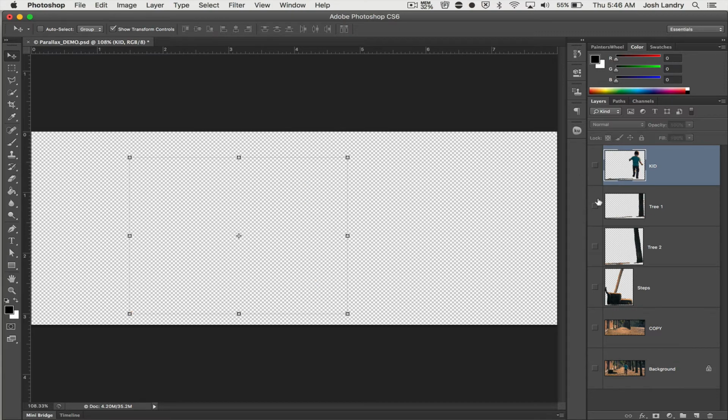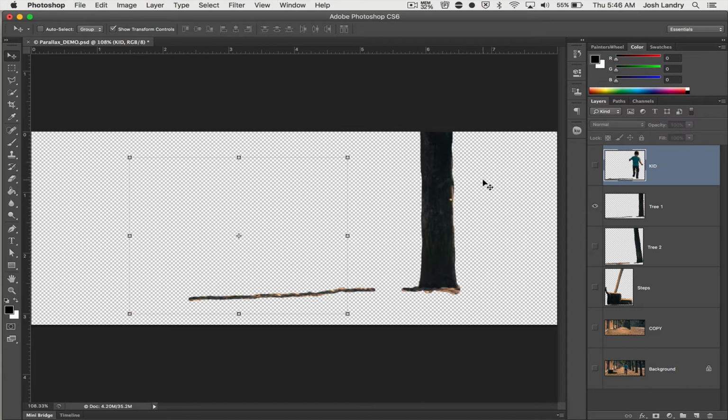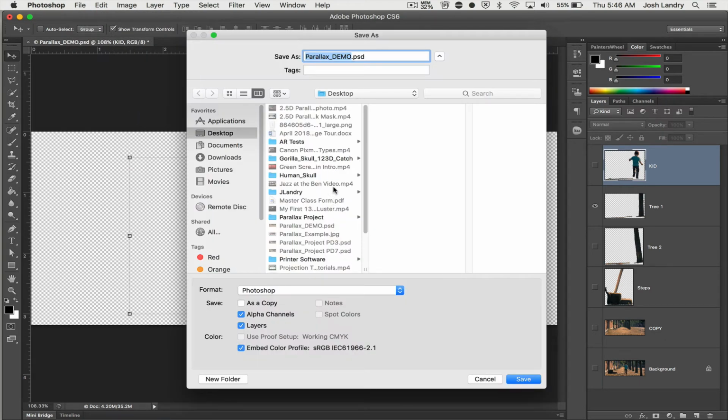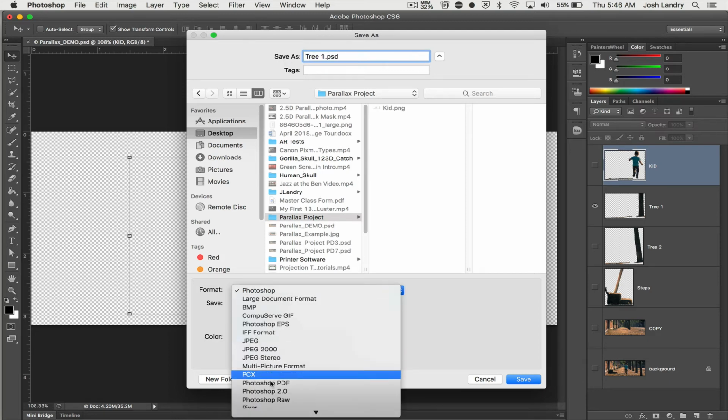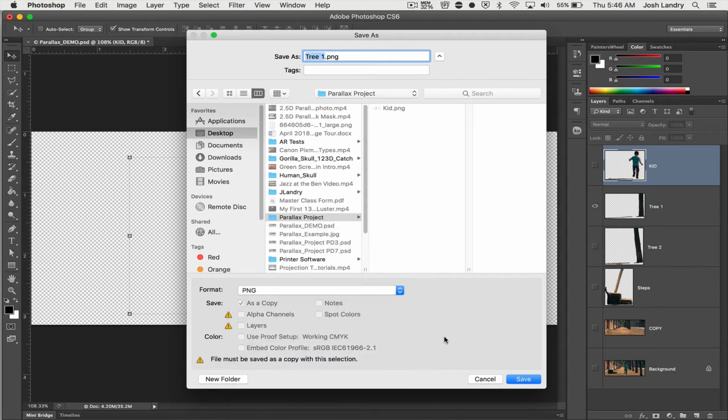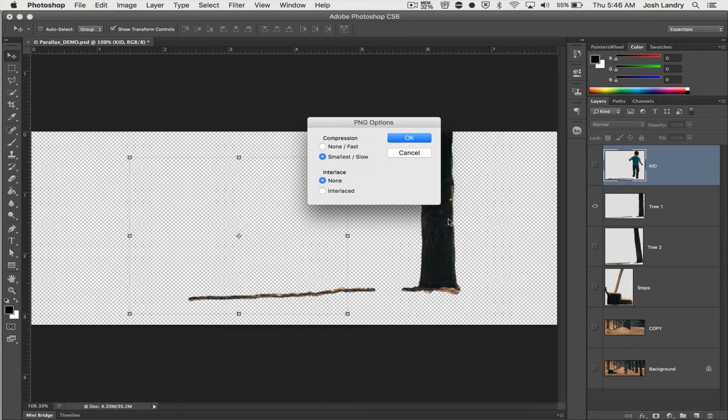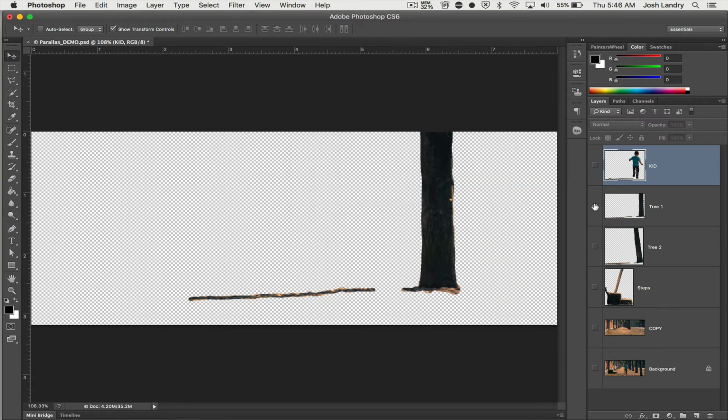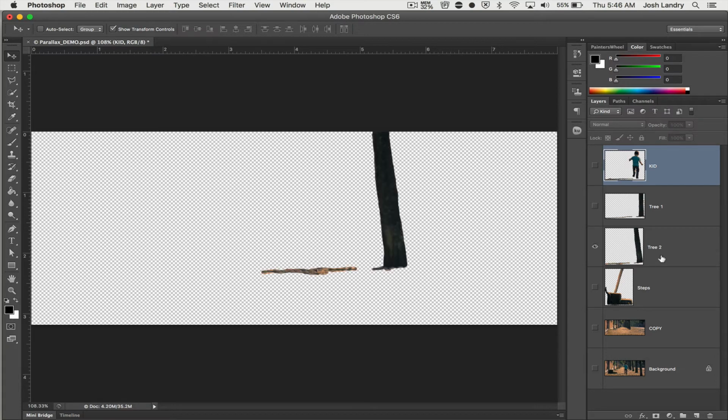So I'm going to turn off the kid layer now, turn on the tree 1 layer, and now I'll do save as again. So same thing, same folder, there's my kid PNG, save this here, tree 1, and change the format from Photoshop down to PNG. Okay, save, okay, rinse and repeat. Tree 2,